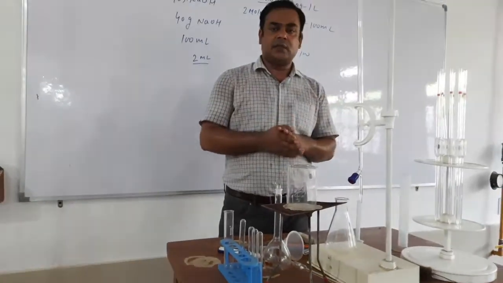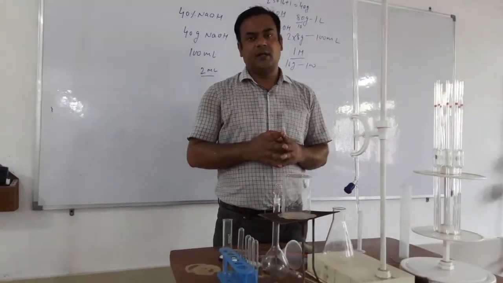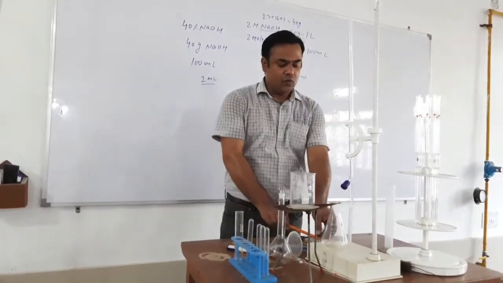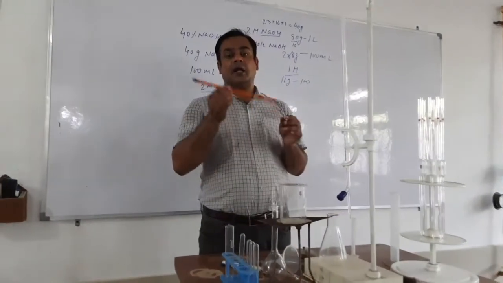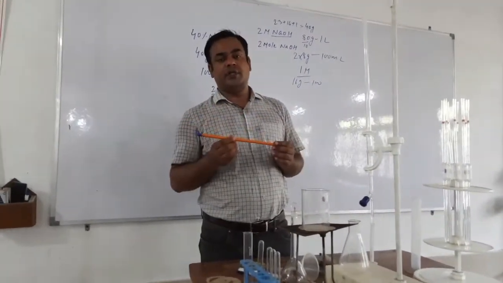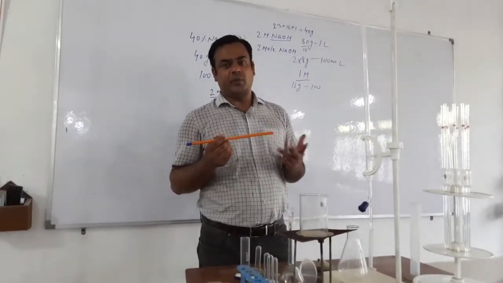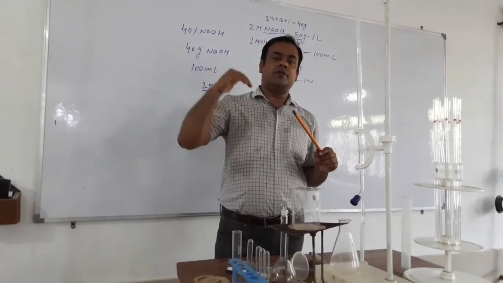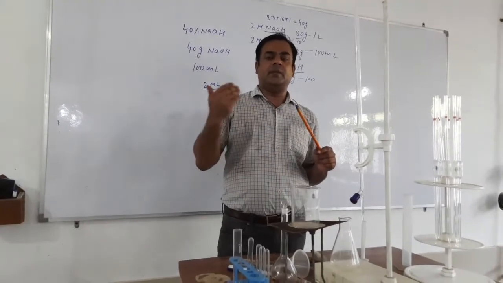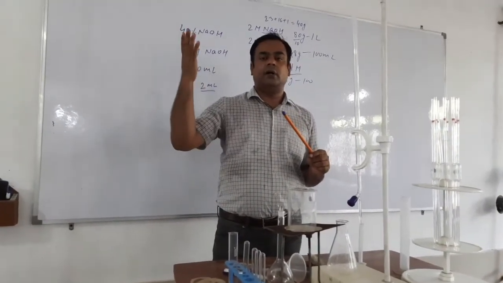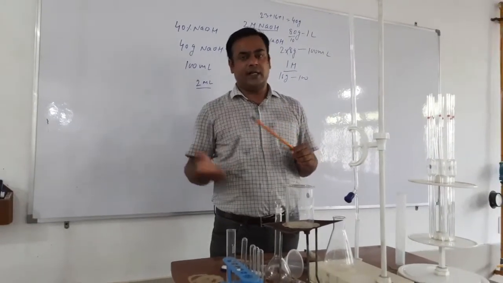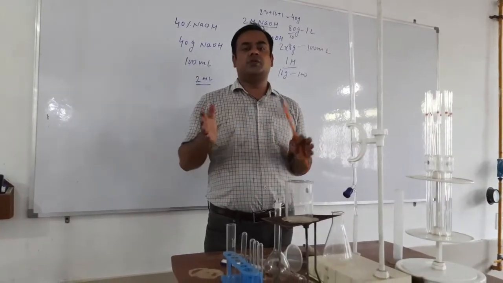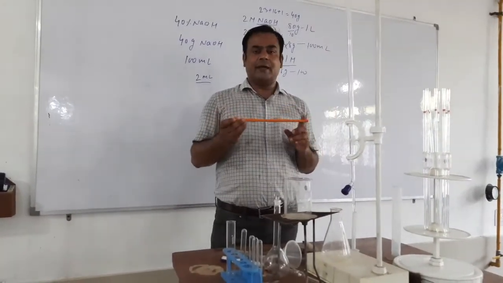In any chemical reaction, suppose we have to monitor the temperature of the reaction, or we are going to carry out a chemical reaction at a certain temperature, then we need a thermometer also. This thermometer is a laboratory thermometer. There are two types of thermometer, clinical thermometer and laboratory thermometer. In a clinical thermometer, the temperature limit is from body temperature, 37 degrees Celsius, to maybe up to 38 or 39 degrees Celsius. That limit is there because the purpose of that thermometer is to measure the temperature of your body. But this is a laboratory thermometer.